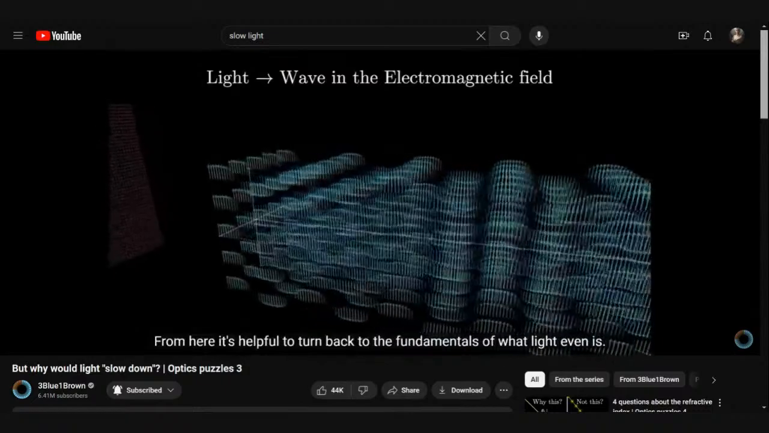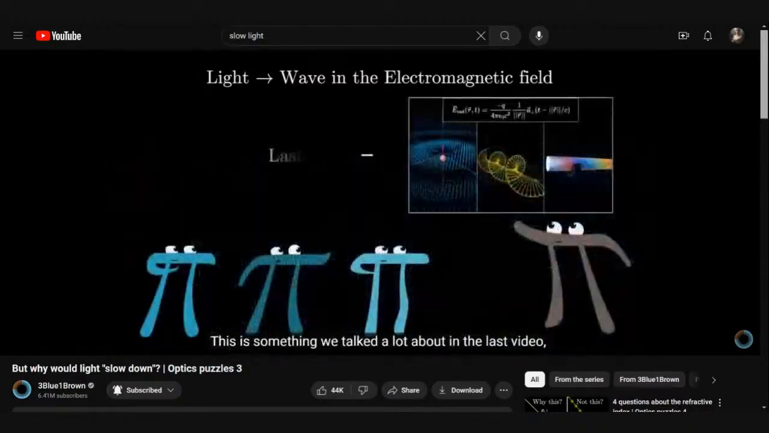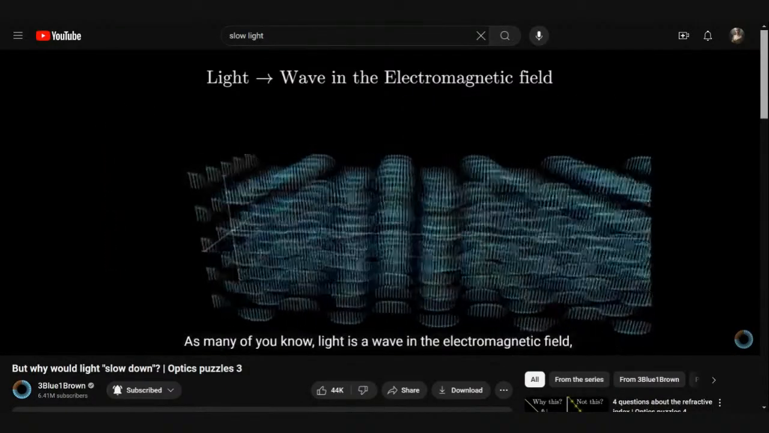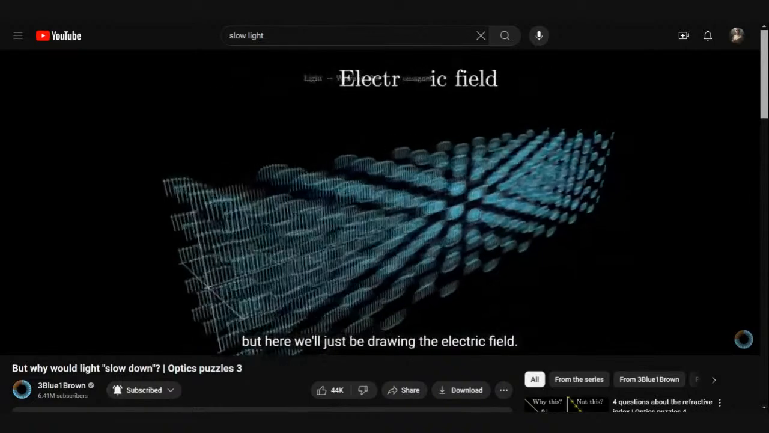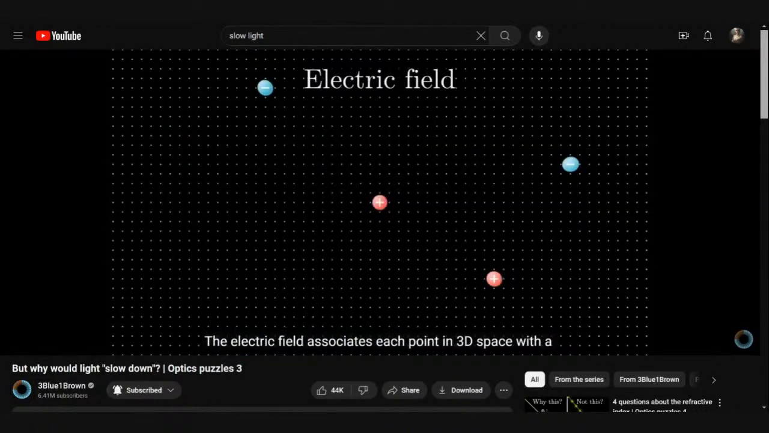From here, it's helpful to turn back to the fundamentals of what light even is. This is something we talked a lot about in the last video, but a little review never hurts, so let me go over the essentials. As many of you know, light is a wave in the electromagnetic field, but here we'll just be drawing the electric field. The electric field associates each point in 3D space with a little